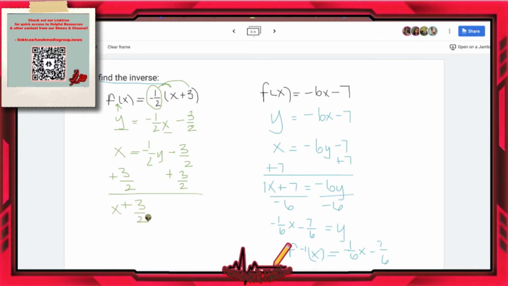Normally it would be division, but when you have a fraction, you can't divide a fraction. Like, I mean, you can, but it's just so weird. So instead of dividing, you just multiply by the reciprocal. So it's kind of like that keep, change, flip type of situation. So you're just going to multiply by the reciprocal of this, and that's just going to be negative 2 over 1. So multiply that side by negative 2 over 1, multiply this side by negative 2 over 1, and then that'll give you negative